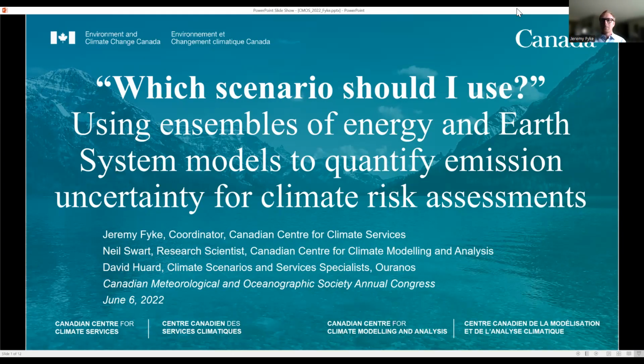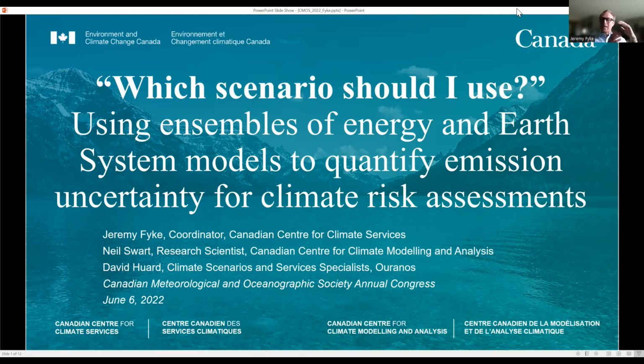really to tackle this vexing question that we as climate service providers almost unanimously get in the course of trying to help users develop climate impact, risk and adaptation thinking, which is the question, which scenario should I use? Almost every project ends up with a conversation around this question. And what I'll try and show here is a deep dive into an approach that we're taking